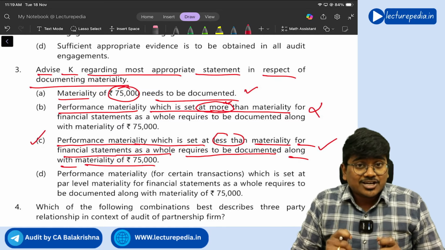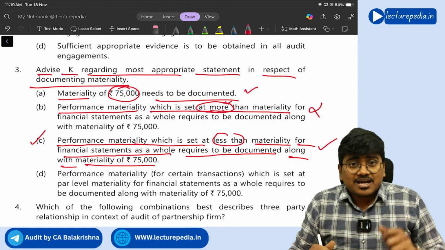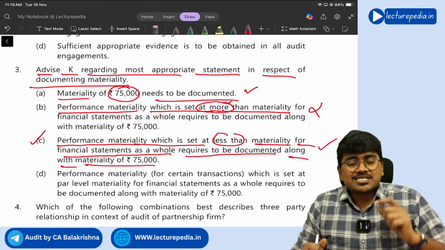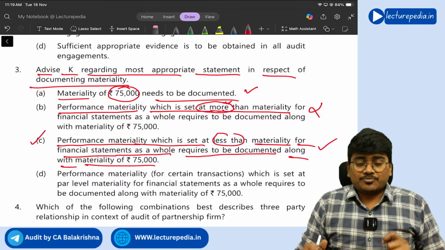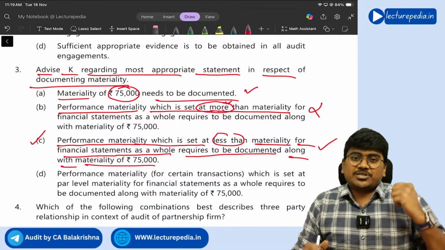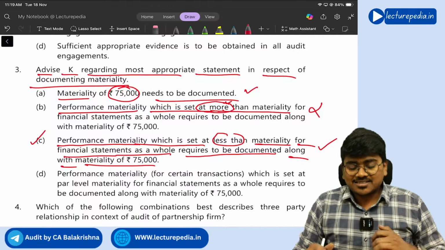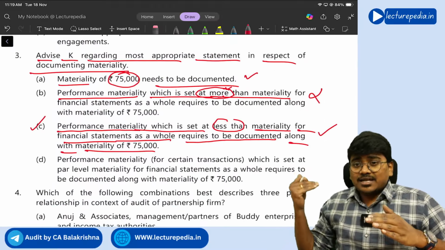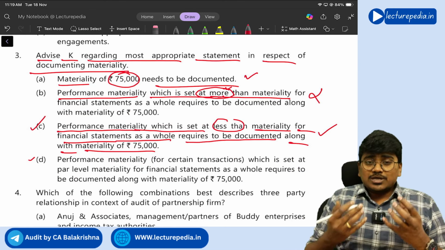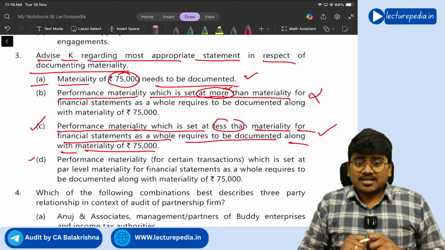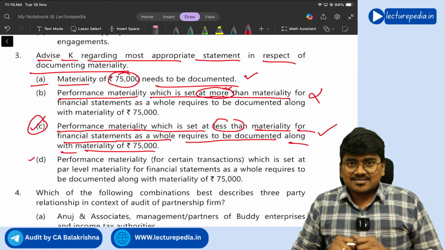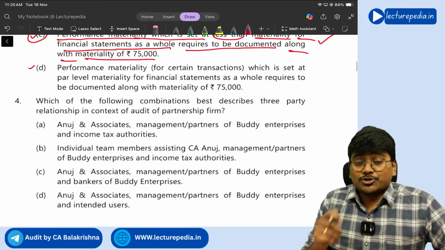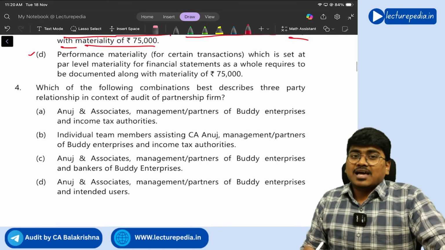So you should not take the decision by just reading one or two options. You need to read all the options and only select the correct option. You need to select the best option for the given MCQ. Got it? If you hadn't read the remaining options, you would have felt that option A is correct, but actually option C is correct. The best option is option C. So you should be very careful while solving MCQs.